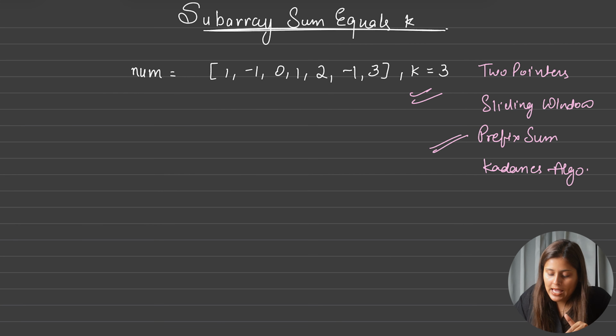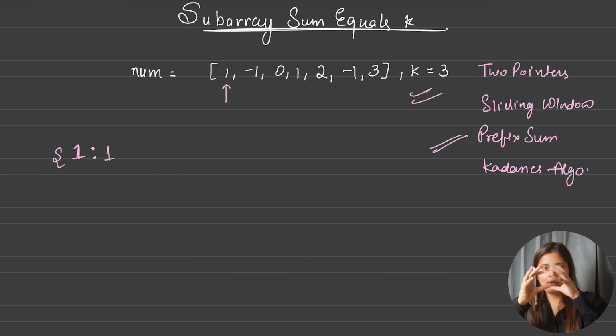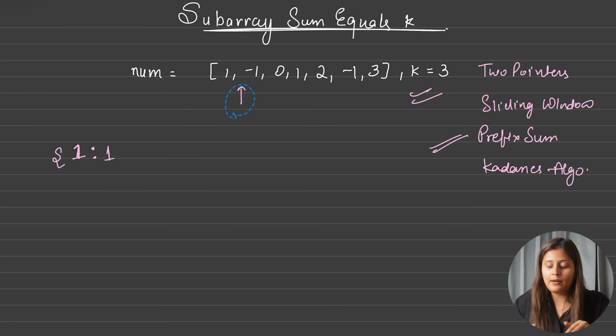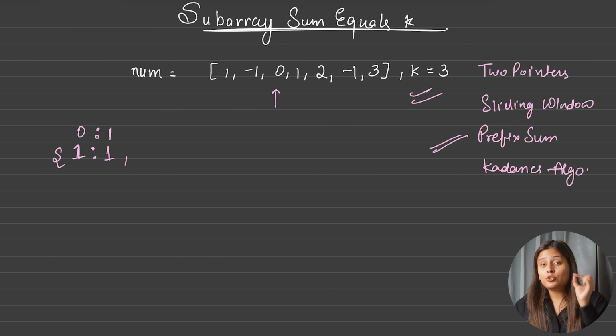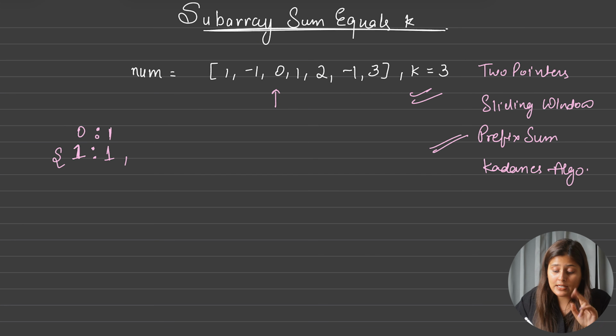So suppose I am saying I will use a hash map here, correct? And what is the first value I got here? 1. So inside the map I will put 1 I got for one time. So one summation I got for one time. Now I will move this pointer ahead and I will add -1. And now the total prefix sum will become 0. And for 0 I don't have anything, so I will add 0 also for 1. Correct? Now next time I will move ahead and now it will become 0 only. So now the frequency I will increase, so the frequency count will become 2. So I can directly write here 2.